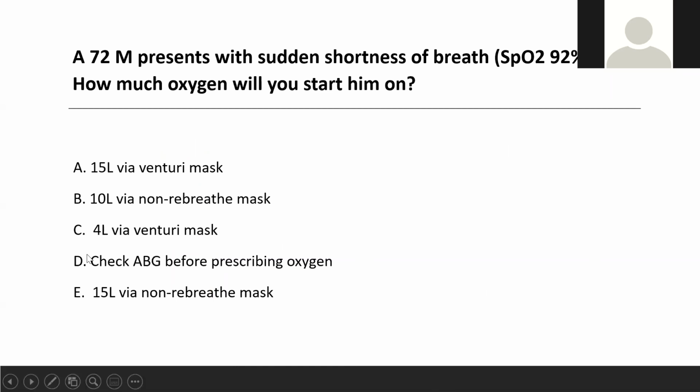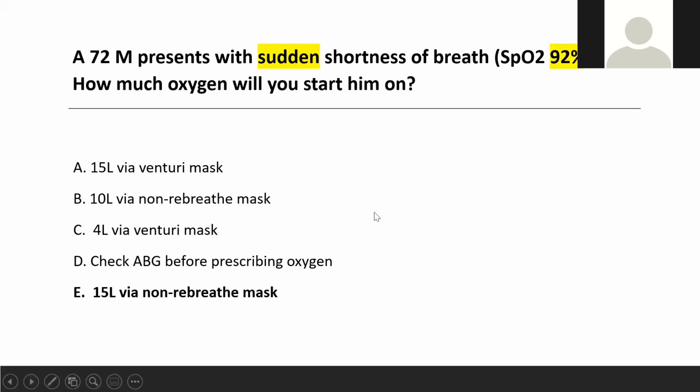So let's say a 72-year-old male comes in with sudden onset shortness of breath. He is hypoxic with oxygen sats of 92%. How much oxygen will you start him on? Just pop the letter of the option you think is correct in the chat box. Yeah, so E,